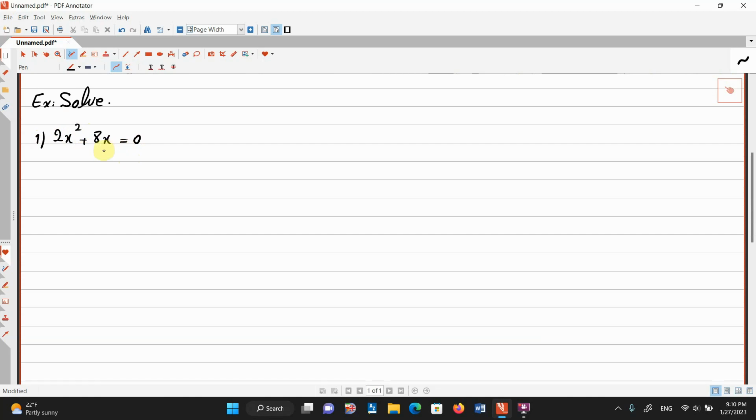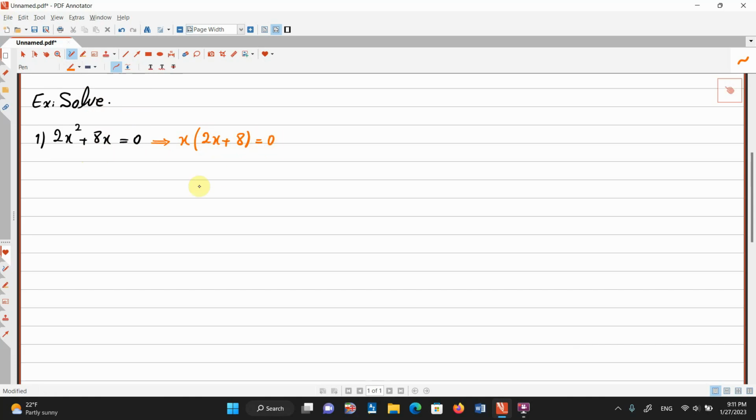As you see, this is a quadratic equation in standard form because the right side is equal to 0 and the left side terms are in standard form. And in this quadratic equation, c or the constant is 0. Then this is an incomplete quadratic equation of the first type. As I told above, to solve this one, the best way is factoring out x or the variable. If we factor out x, we can have inside parentheses 2x plus 8